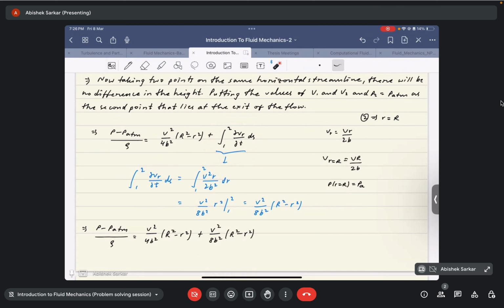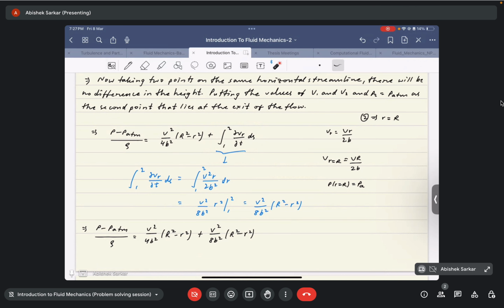So dou VR by dou T into ds would essentially be, because we have already evaluated dou VR by dou T, which is equal to V square R by 2B square. And since it is along the same streamline, and the 2 points are on the same horizontal level along the streamline, the elemental length along the streamline can be considered to be equal to dr, or the radial distance between the